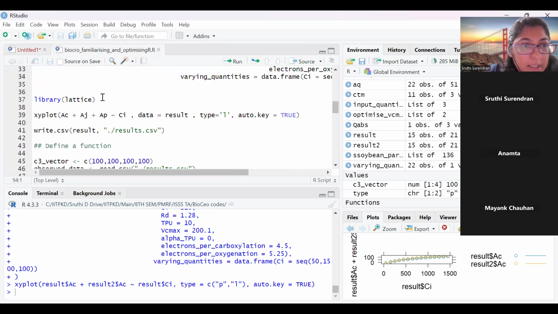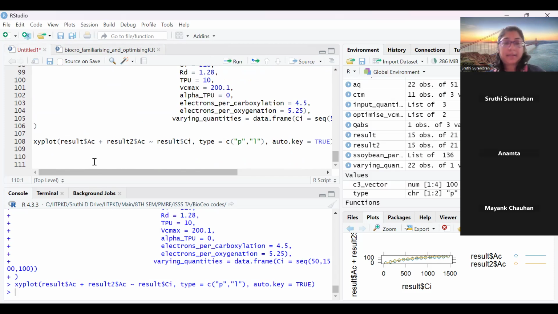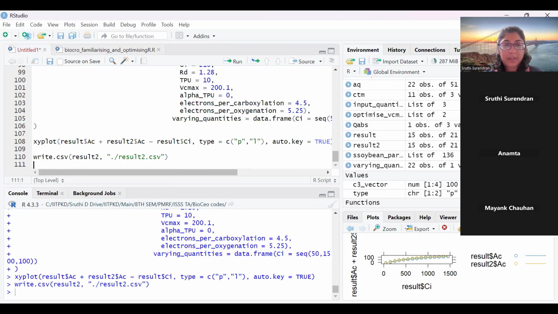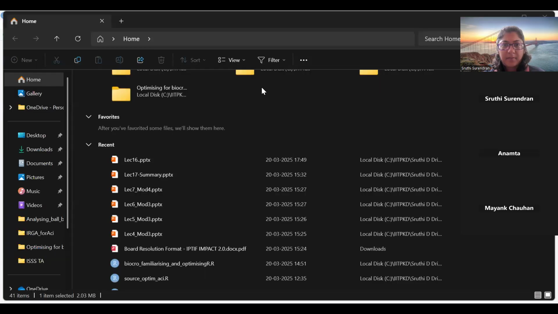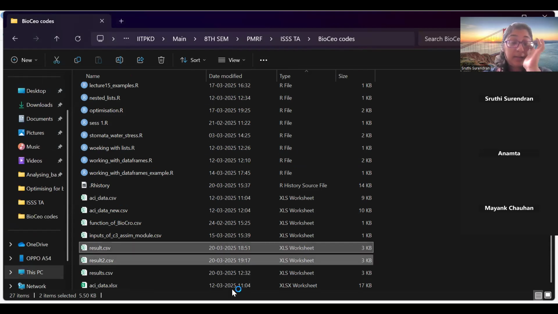Okay, so now we got all of these results. If we need to write these results into a file, we will go to write.csv. We want to write result 2 also into the same folder, so you can write result2.csv. So you want to see these results even after you close the program. You can see that inside these BioCro codes, I have saved result 2 and result 1. And when you open those,